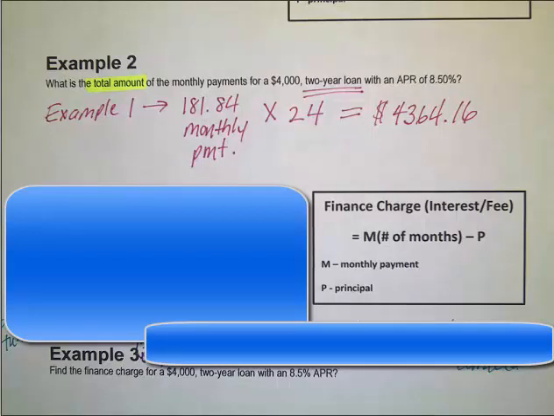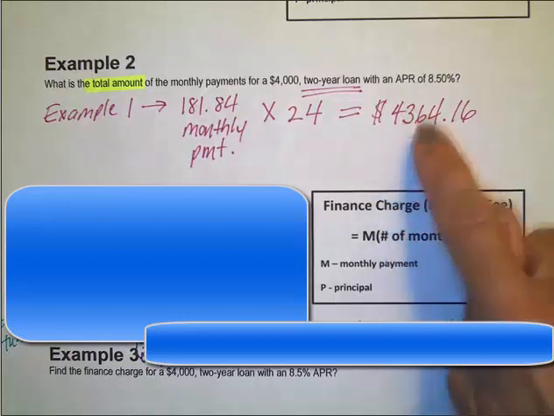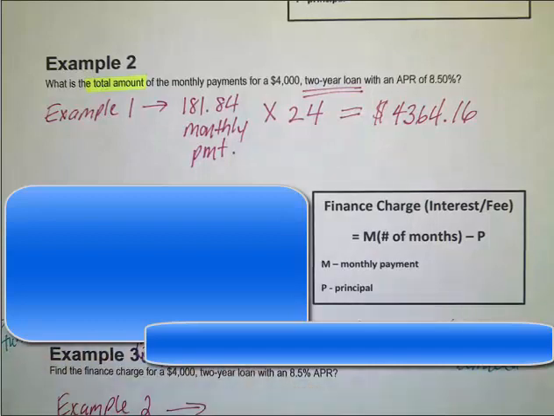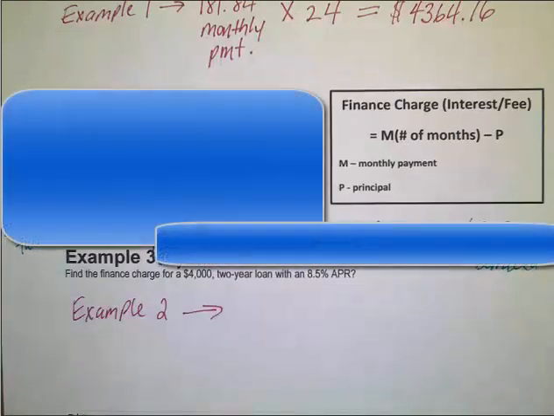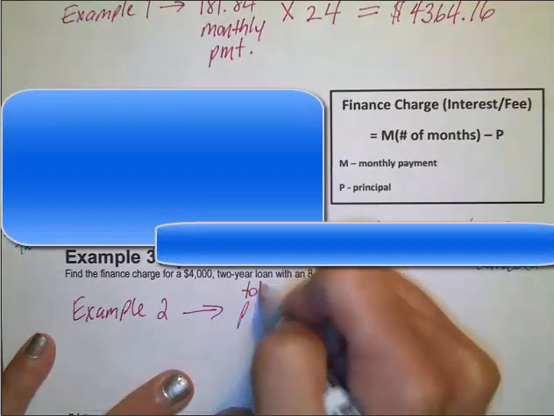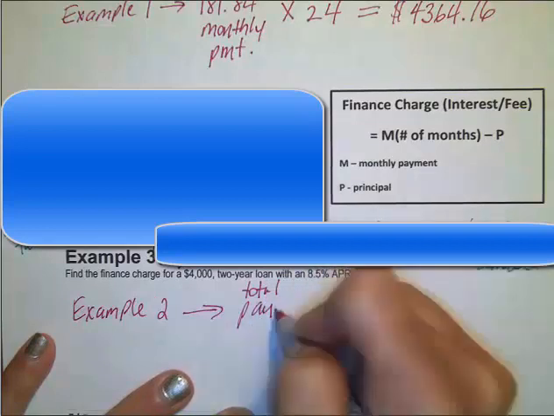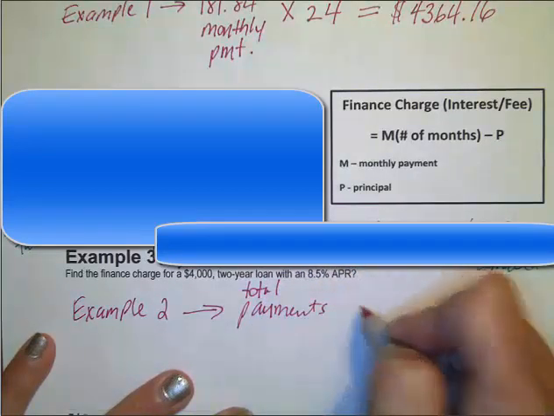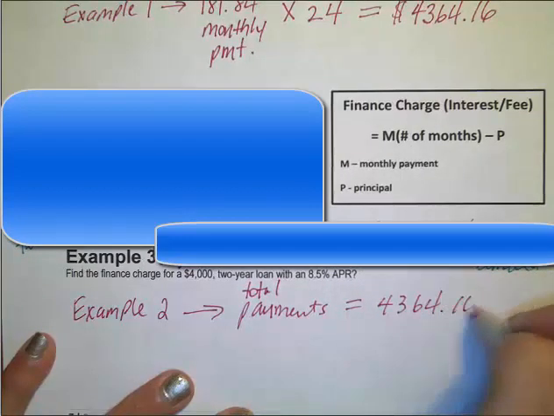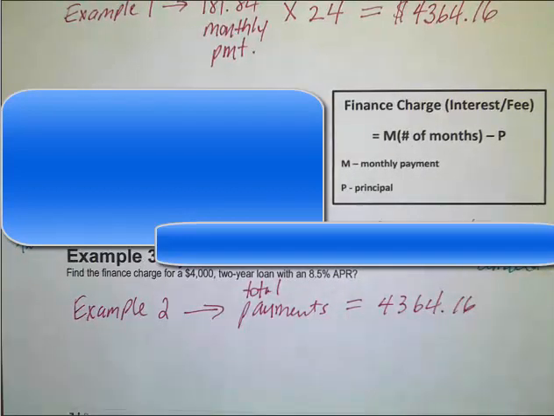So now in example 3, it says, okay, find the finance charge for $4,000, a 2-year loan with 8.5% annual percentage rate. So up here, we're going back to example 2. So in example 2, we found that we paid back our total payments were 4364.16. Well, our loan amount